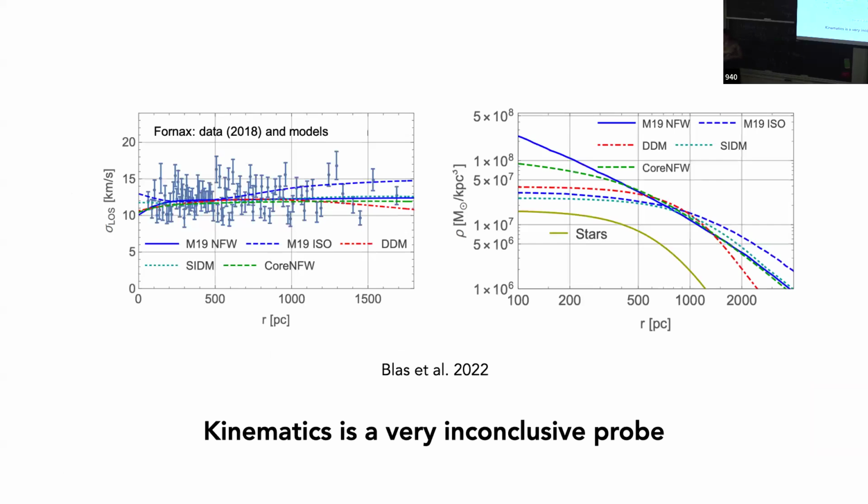And let's look at one more example. This is a similar measurement of the Fornax dwarf galaxy. So it's a dwarf galaxy of the Milky Way. And here, I'm not loving this figure. It's a bit messy. But the point here is that you can even try to fit different dark matter models, so SIDM and maybe warm dark matter, and they all sort of do okay. They're all consistent with really saying, there should be dark matter in this galaxy, but we cannot really say which one is better. So in other words, kinematics for understanding the distribution is actually a very inconclusive probe.